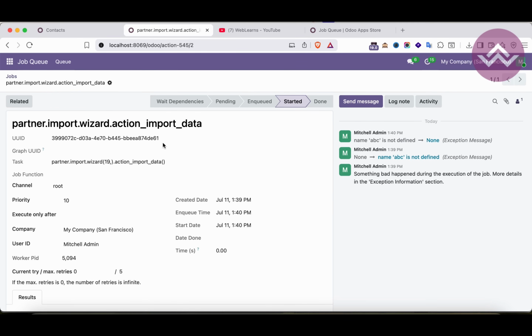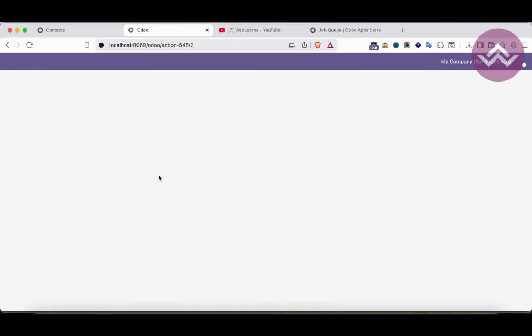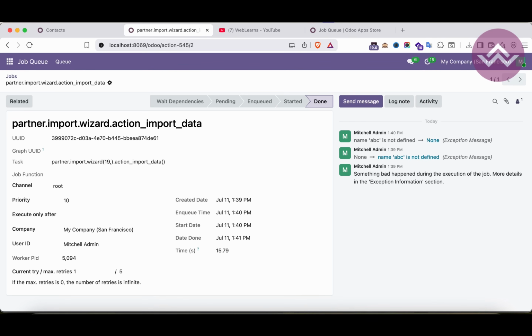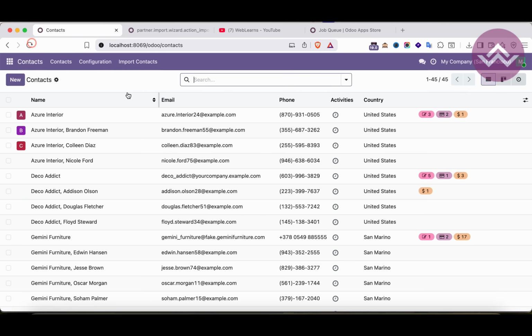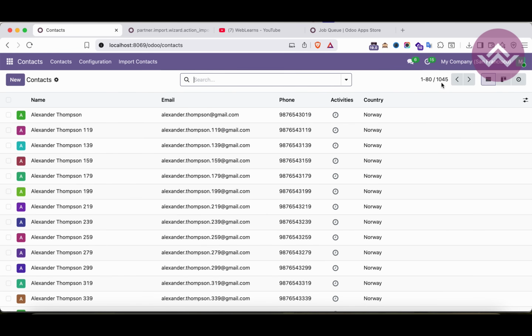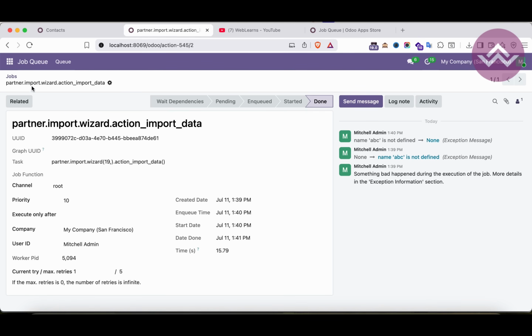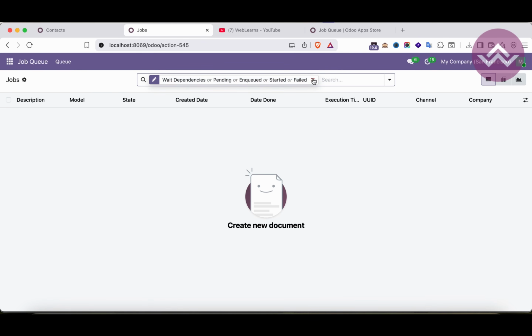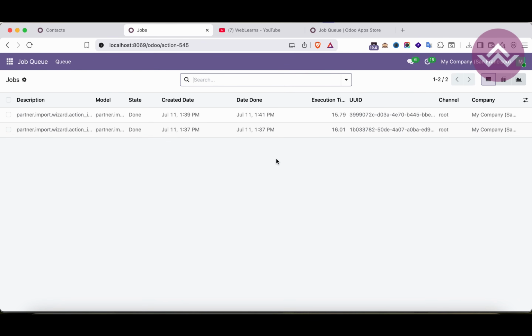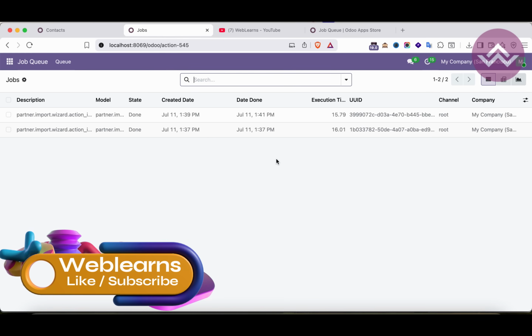You see here. Then after, oh, it's done, right? Fantastic. And once I refresh, now you can see 1045 records are available here. And now you can see there are 2 successful jobs done here,